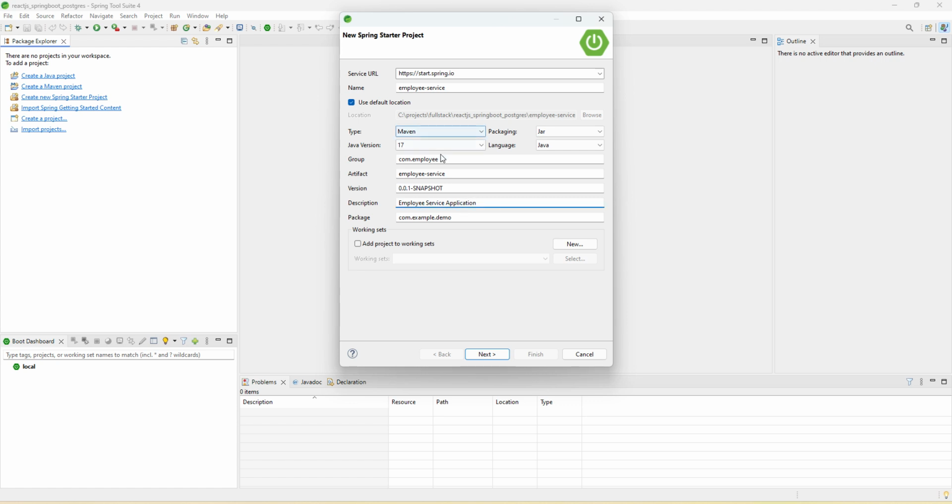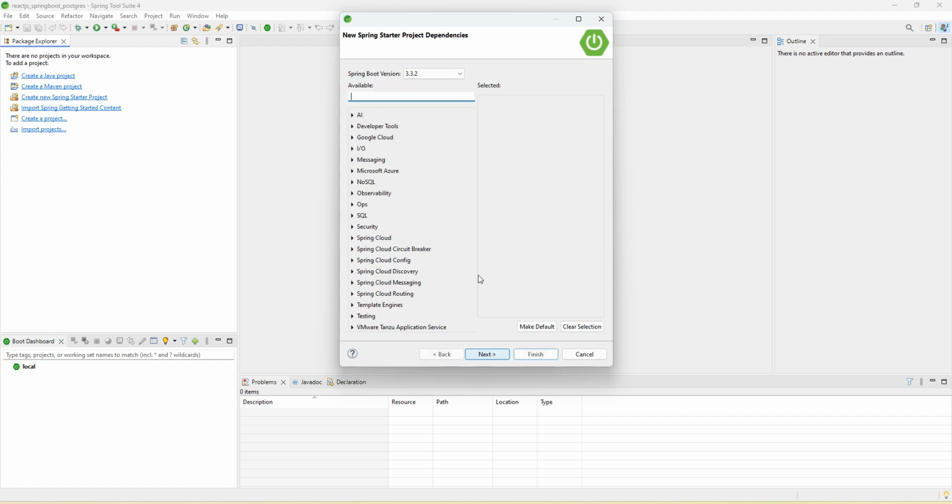application. Here we can add package as com.employee. We can cross check it once, and once everything is fine we can click on next. Here we need to add the dependency first, like Spring Web dependency